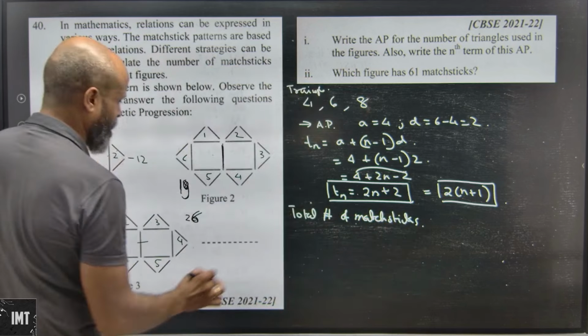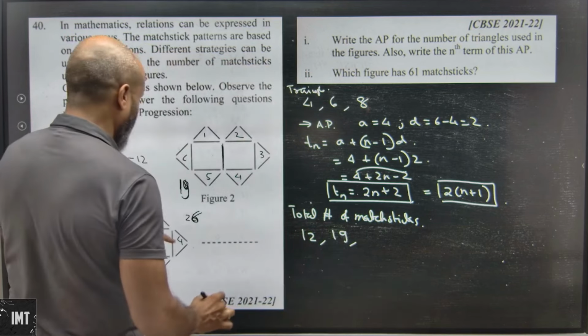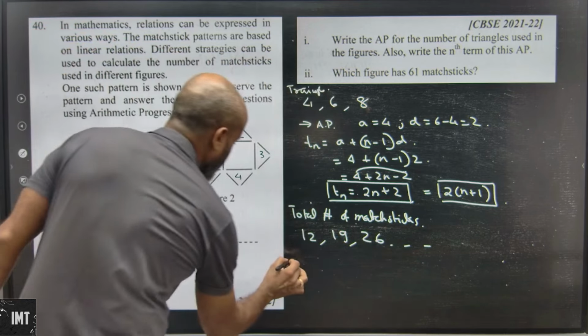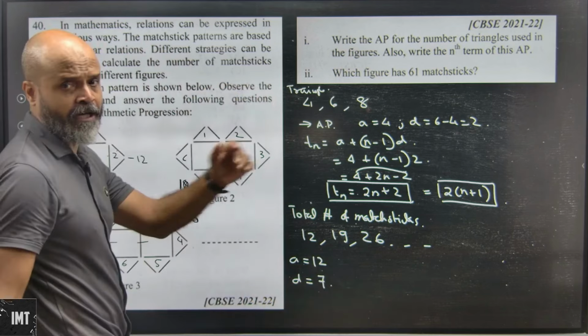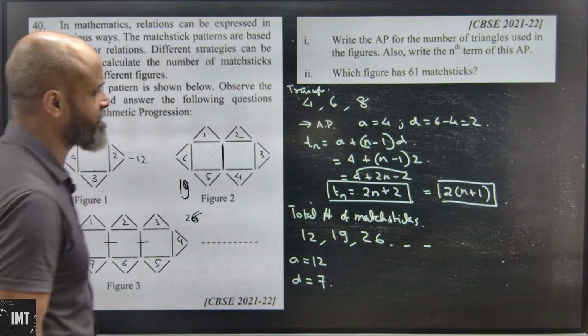Okay, so the first one has how much? 12. The second one has 19. The third one has 26. So here we have the first term A as 12, common difference D as 7, and so on and so forth. Okay. So if you happen to calculate which figure has 61 matchsticks,